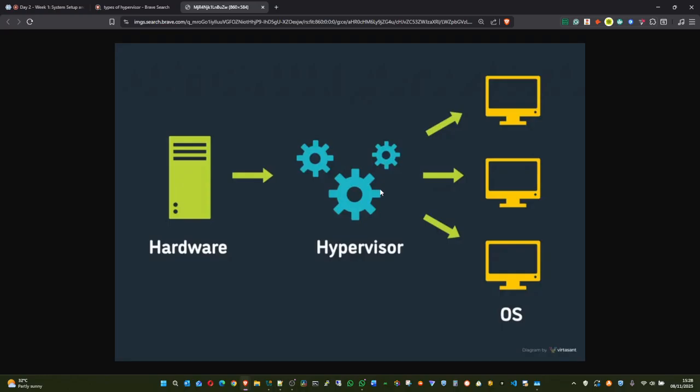Let's say you have a 16 gig RAM Core i7, 10th gen processor, and you are using it only for Microsoft Word, to type and all that, or maybe to browse. It's a total waste of resources because it's grossly underutilized. This is where hypervisor makes it easier.